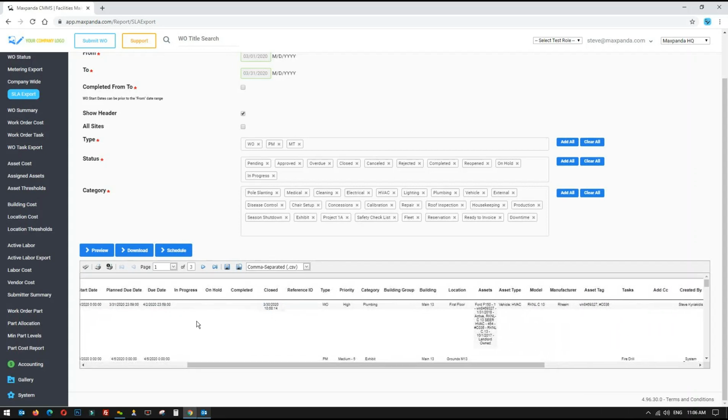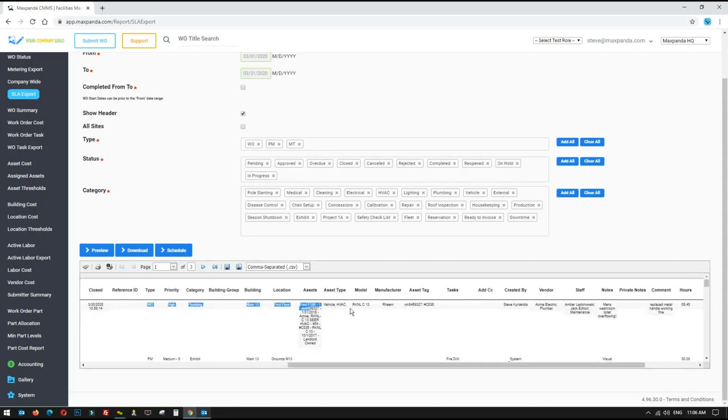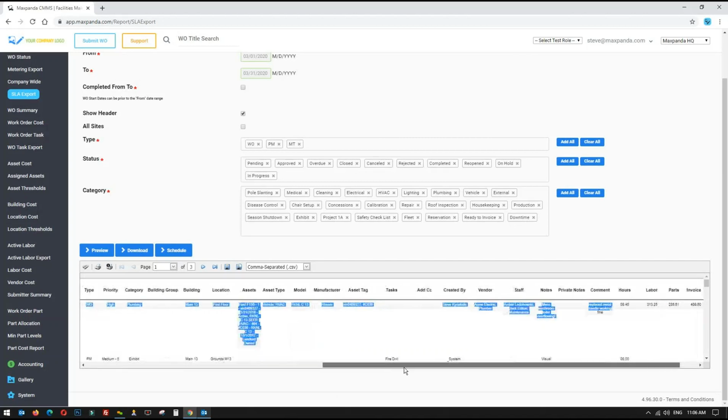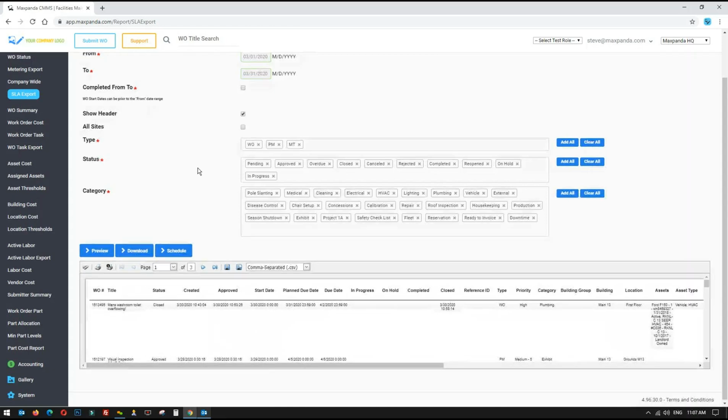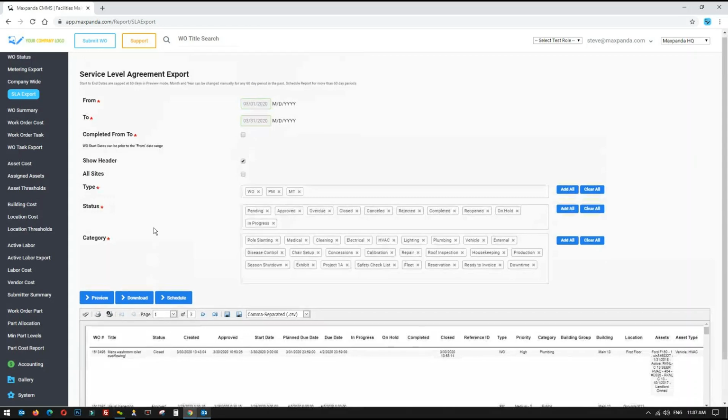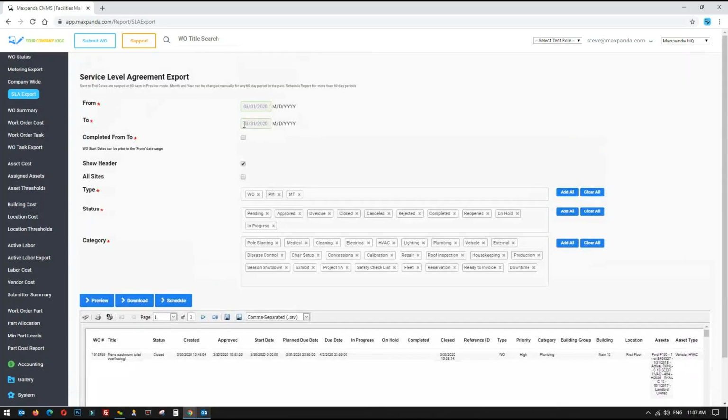And our reports are all timestamped to the second, right from Amazon servers. Moving over, the middle of the report shows all the details captured, et cetera, et cetera. And at the far end here, it shows you your total hours worked from your staff, the labor cost, the parts cost, the invoice from the vendor, and the total cost. So the broken toilet today cost us $958 to repair. And this report here, I only did 1 month, but shows you every work order within this